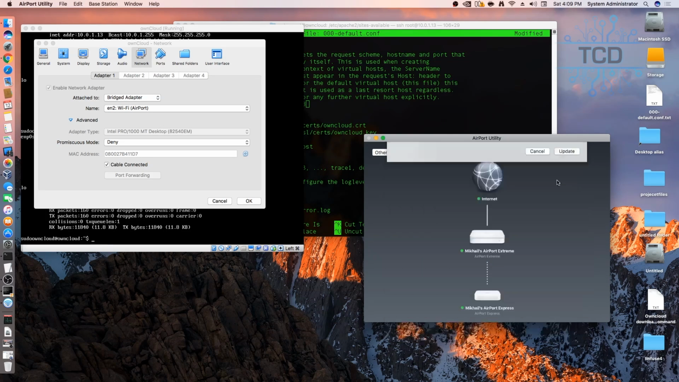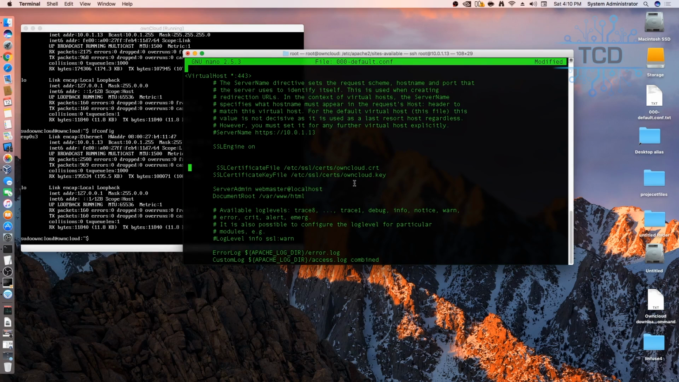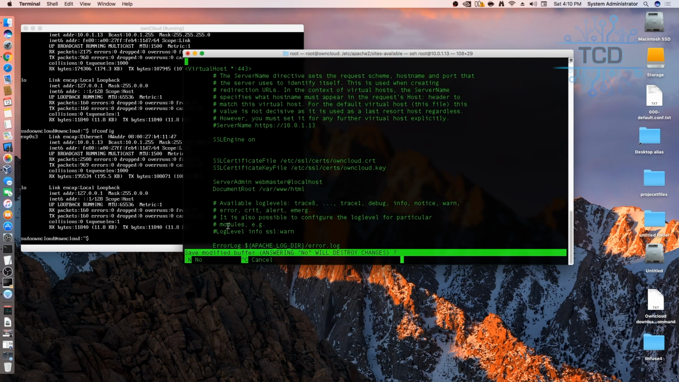Perfect. Alrighty. All right, so we have our SSL engine on, we have our SSL certificate key file, we have our SSL certificate file, we know that all those are in the right places, and from here we can save and exit. And we're going to hit yes. So Y will confirm the change